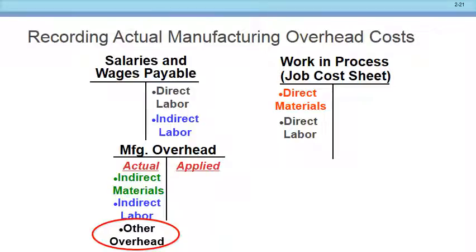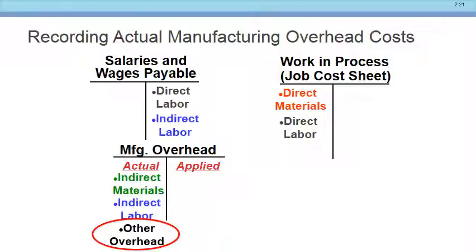Okay, can I make the sandwiches without a building? I guess I could, but it's not going to be too good because I'm going to get sand in it when I'm sitting there outside trying to make the sandwiches, right? So usually you make sandwiches indoors, right? Okay, so I've got to have this building, and so what am I going to do? I'm still going to credit accumulated depreciation, Marcel.